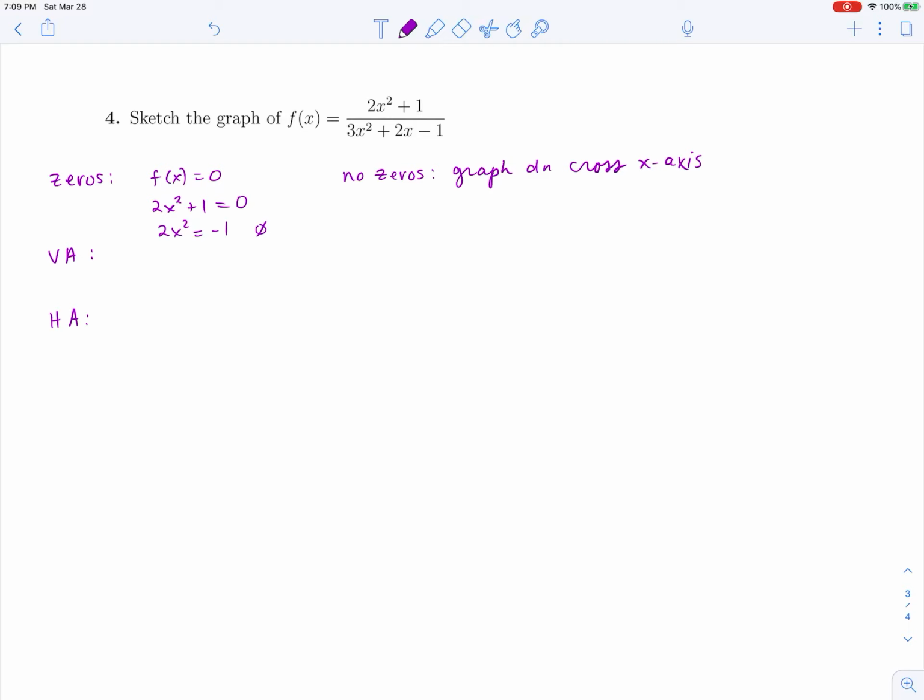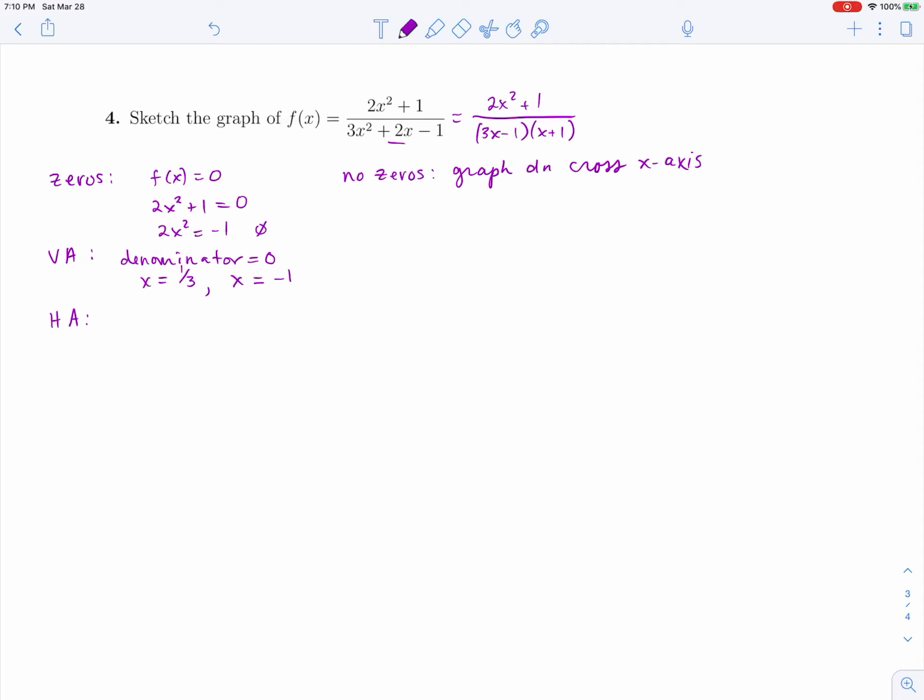Vertical asymptotes, we look at the denominator. For the denominator of f of x, I'm going to factor it. We've got 3x and x. To get 3x squared, we're going to have 1 and 1. This will need to be negative and this positive in order to get the positive 2x. So if we set the denominator equal to 0, then x equals 1/3 and x equals negative 1 are my